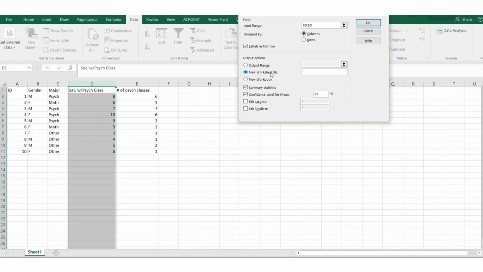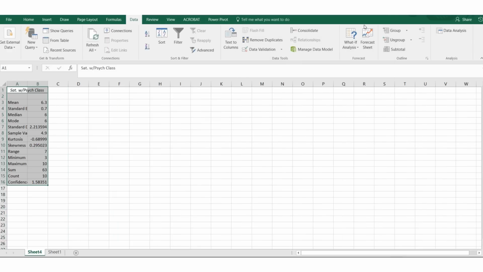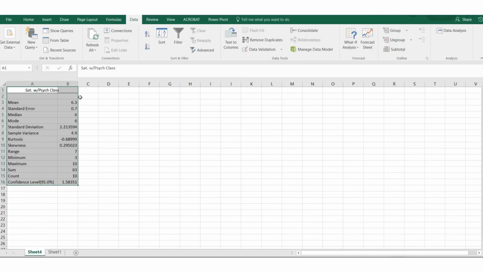I'm going to leave it in a new worksheet here. And then have Summary Statistics checked and Confidence Level for Mean checked because we'll need that later. And you can keep it at 95% because that's what I asked for in the homework. But if you want to change your confidence level, you would do it here. And then press OK. Then it'll make a new sheet for you. You probably want to move this out so you can see what it says. And now we're going to